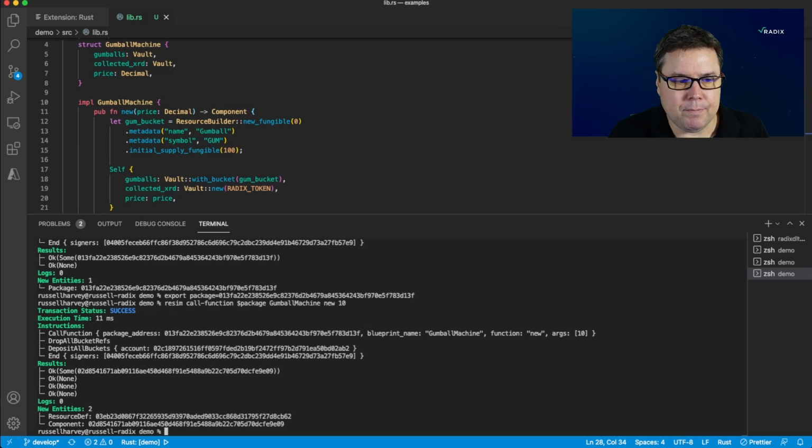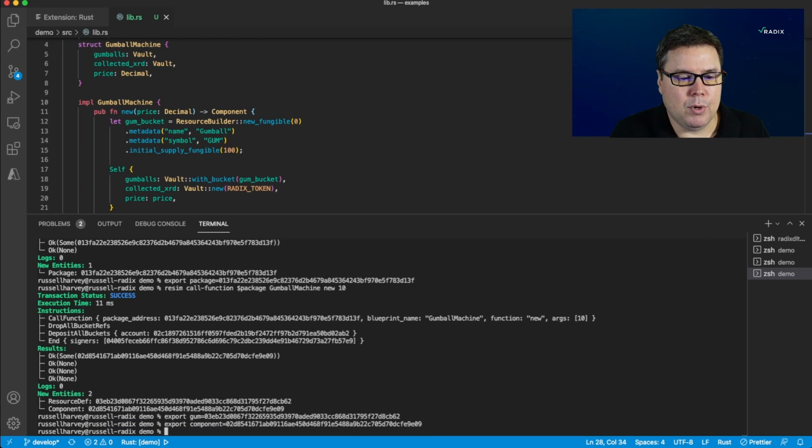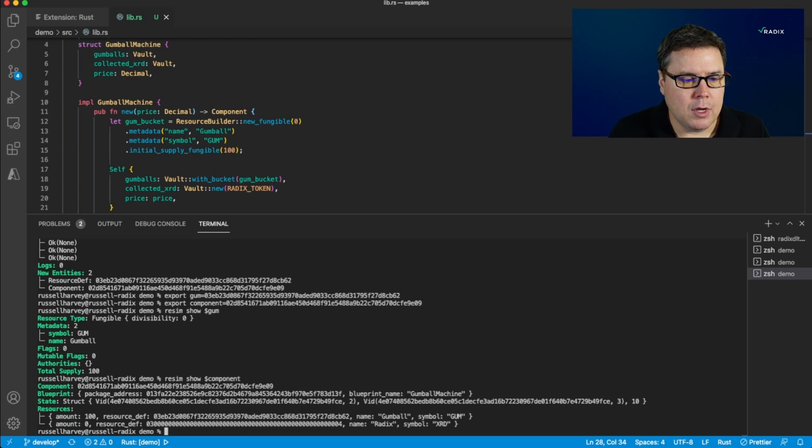That runs successfully. And I got my gumball resource definition. And I got my component. So let me take a look at these. Let's look at gum. We'll see that we have a supply of 100. And if I look at my Gumball Machine, we'll see that I actually have 2 vaults in here. Number 1 is the gumball vault that has 100 gumballs, and then there's an empty vault which has XRD within